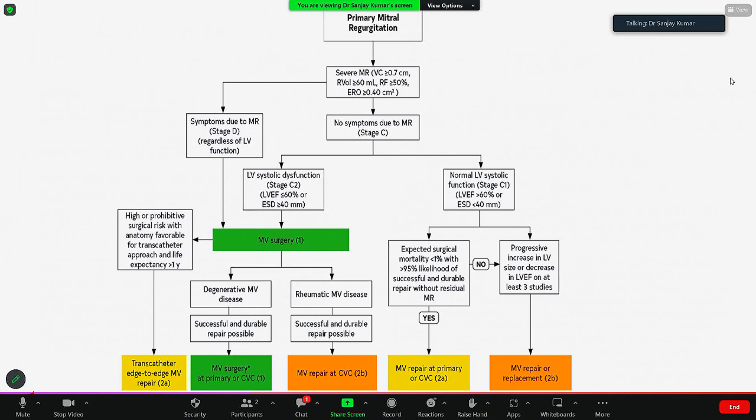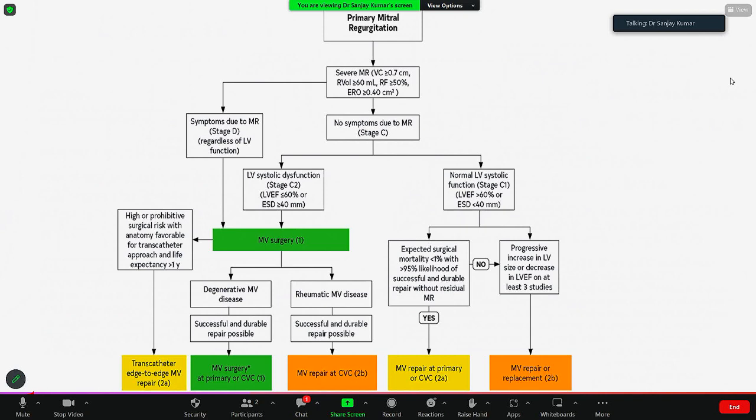If a patient has severe mitral regurgitation, here you take into consideration that echocardiography has a significant role to play. It's an echocardiographic assessment that gives you a vena contracta of more than 0.7 centimeter, or a regurgitant volume of more than 60, a regurgitant fraction of more than 50%, or an effective regurgitant orifice area of more than 0.4 square centimeter. Based on these criteria, if the patient has symptoms due to MR, if the patient is symptomatic, then that is stage D,